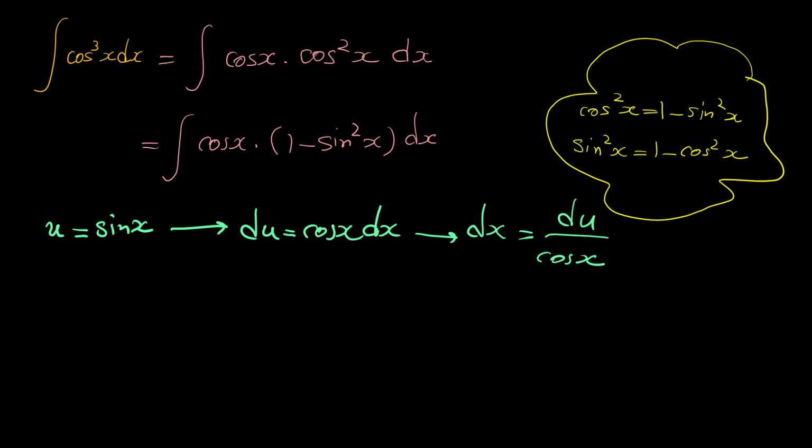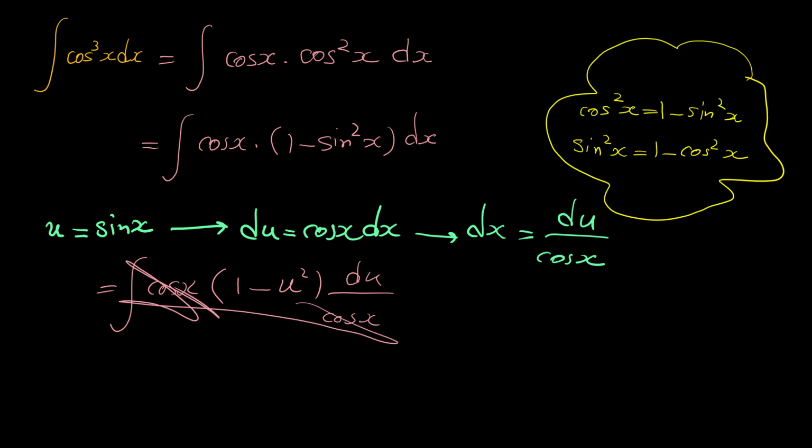So, if we continue this, we have integral cosine x times 1 minus sine x, which is u, so u to the 2, times dx. What is dx? dx is du over cosine x. Now cosine x from denominator with cosine x from numerator cancels, and then we have only 1 minus u to the 2